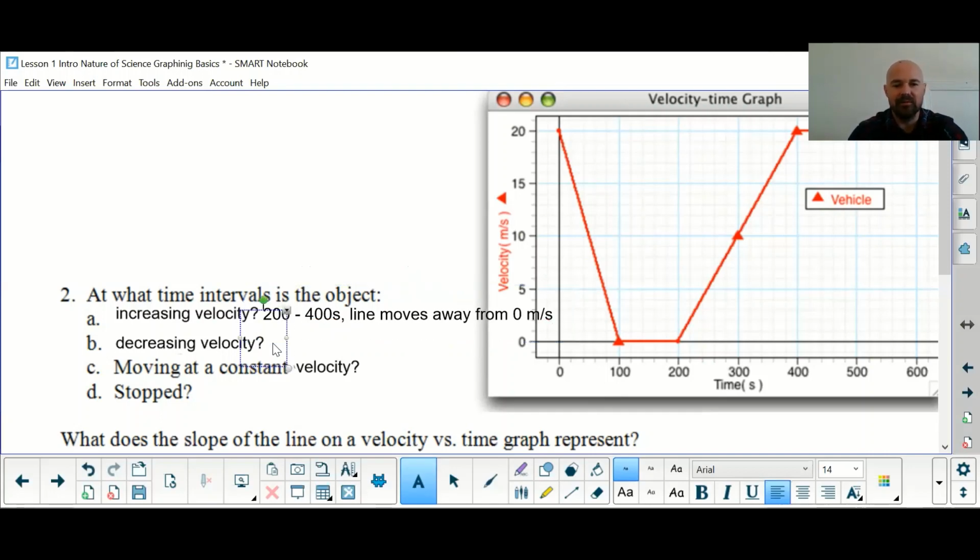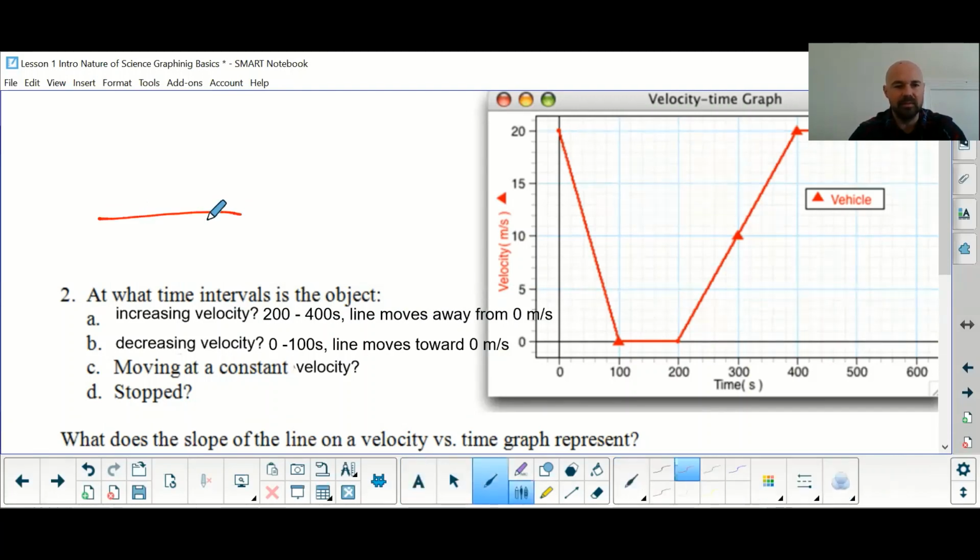So if we're talking about the idea, it's from 0 to 100 seconds. And in general, if you look at this line, the line moves toward 0 meters per second. So I have a decent way to help you guys remember the two of those ideas. So if you imagine your speedometer, and I'll draw a picture of an imaginary speedometer. Let's say 0 is over here, and somewhere in your car, depending on your car, you might have 100 or